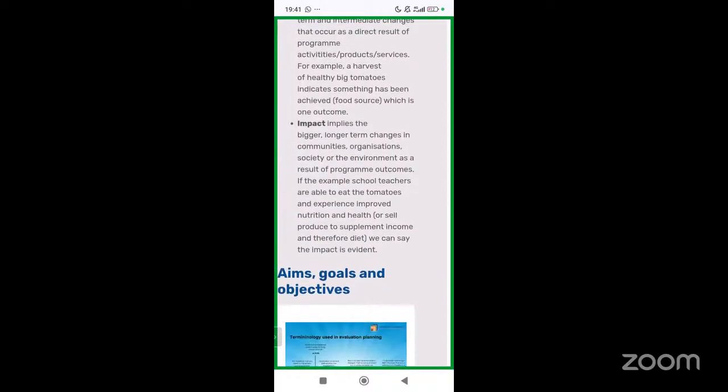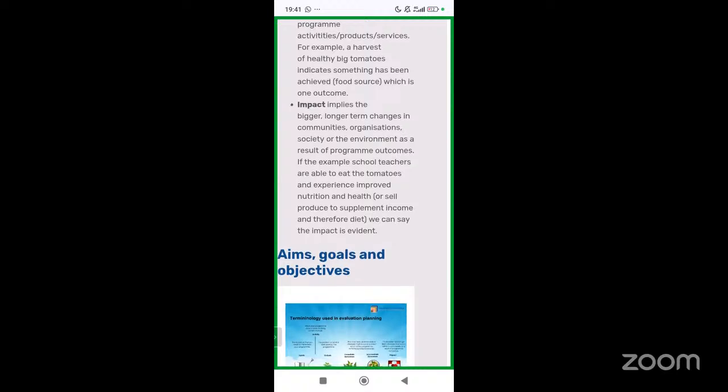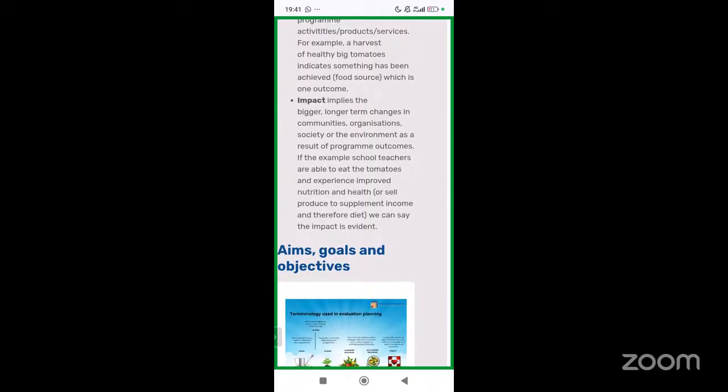Then the impact. Impact implies bigger, longer-term changes in the community, organization, society, and environment as a result of the program outcome.